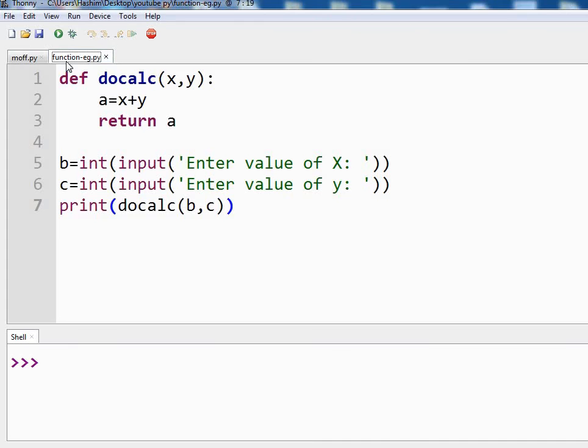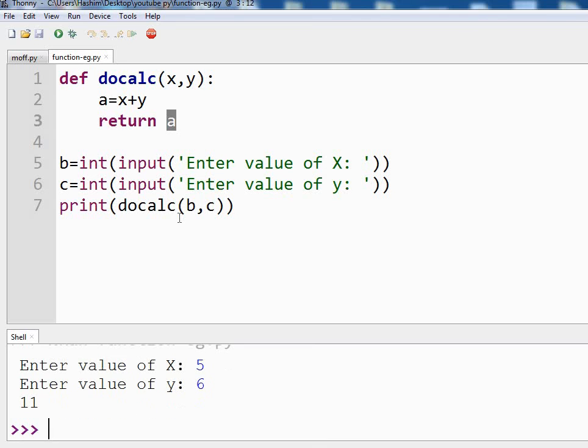Till now you have seen examples where we have returned just one value from the function. For example, in this program, if we run it, we enter two values as arguments, let's say 5 and 6, and we get the output 11 from this function.